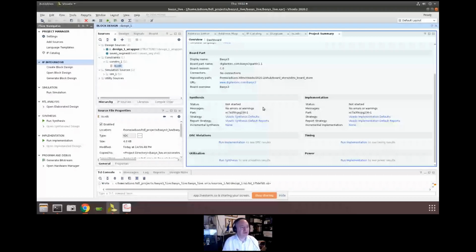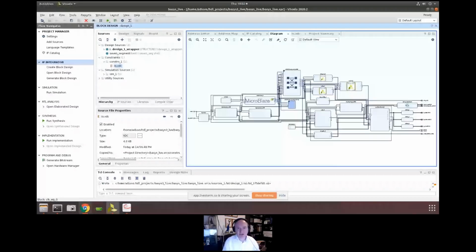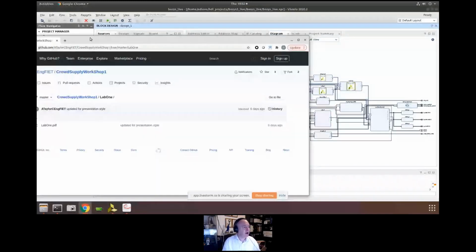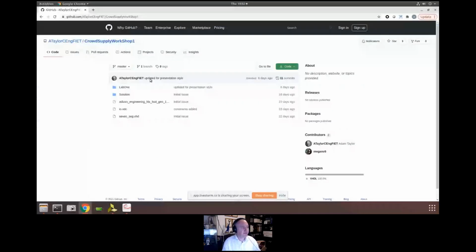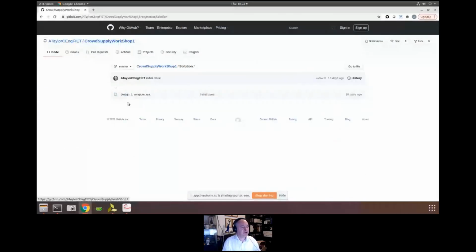So this should run through and it should complete. If by the off chance it doesn't, or you don't get a chance to do it, or you don't have the board but you want to follow along, on the Crowd Supply workshop, you will see that I've made it up. You can't see because it's under there because it's raw, but you'll see that I've already made available to you the